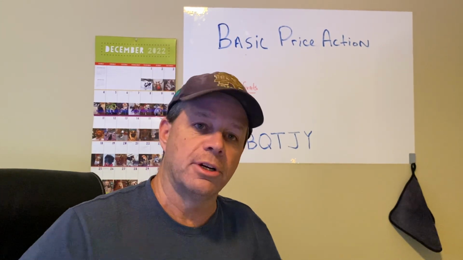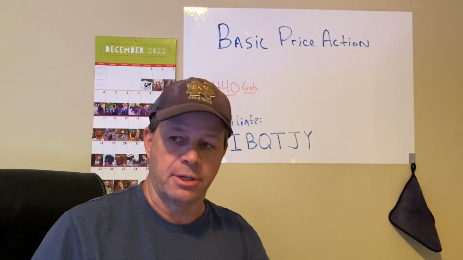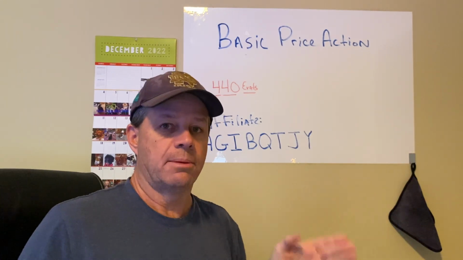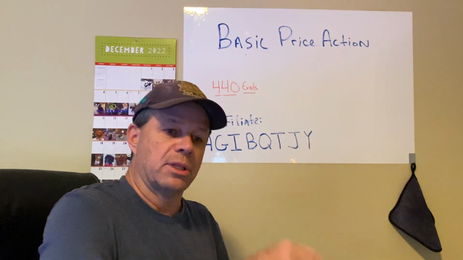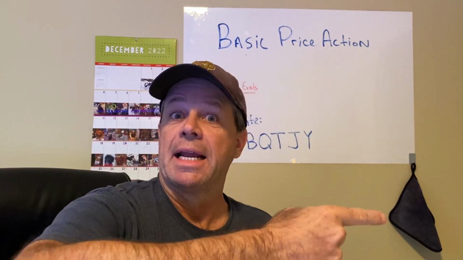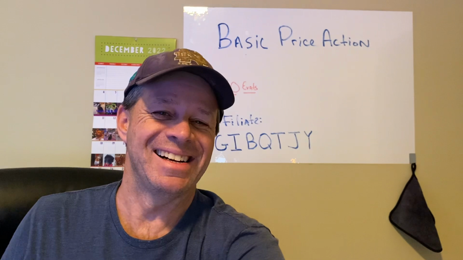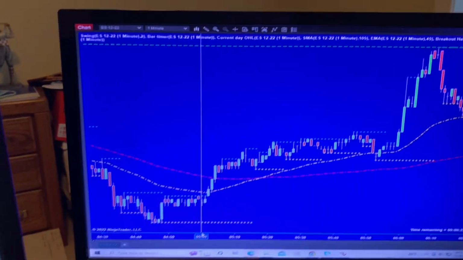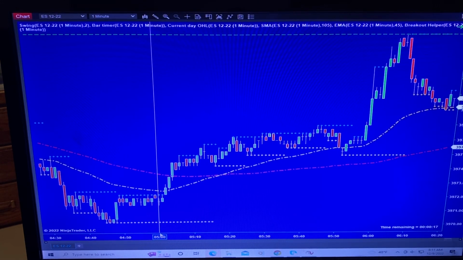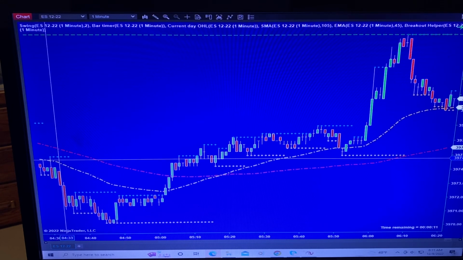I'm going to show you an ES chart. I woke up this morning, turned on my chart, and thought, this exactly shows what I was talking about with the 1, 2, 3 and the gold line and the red line. So let's do that really quickly, and then I'm going to upload this video and I'm out of here, going fishing for the weekend. Watch out, North Carolina. Anyways, this is just quick. I want everybody to recognize what I've been trying to tell you when I say price action and 1, 2, 3. Okay? So here we go.